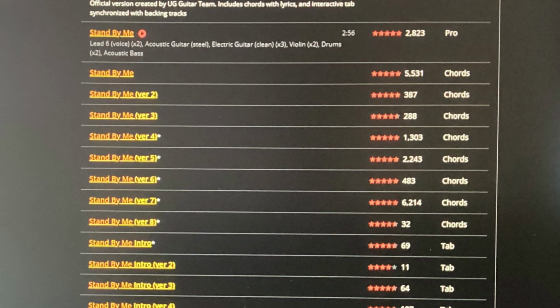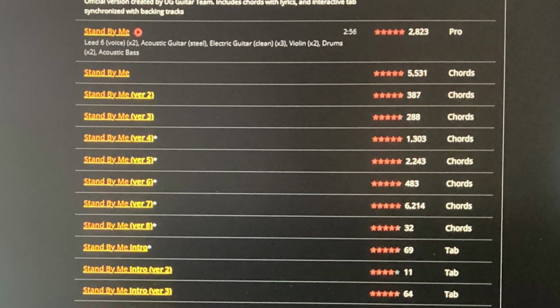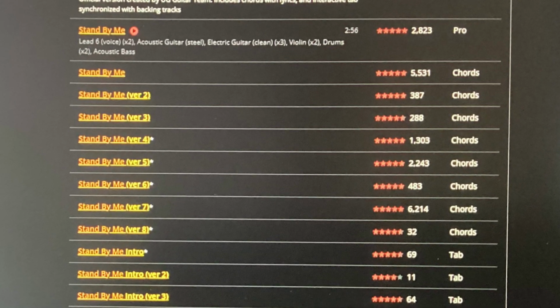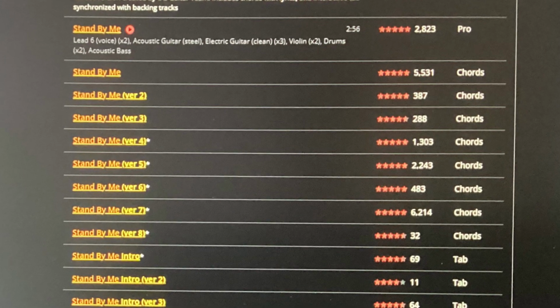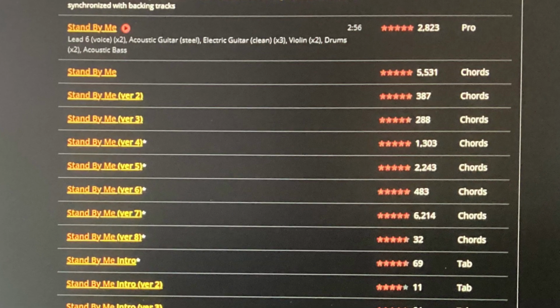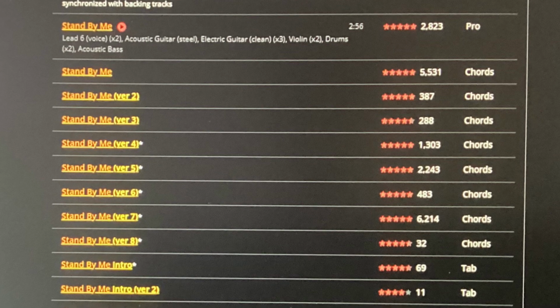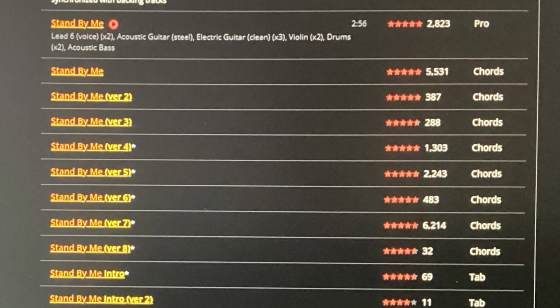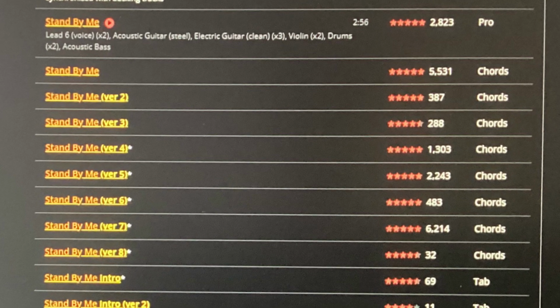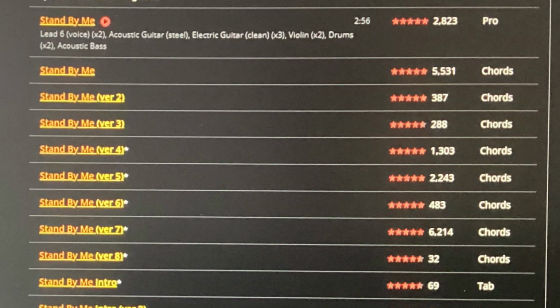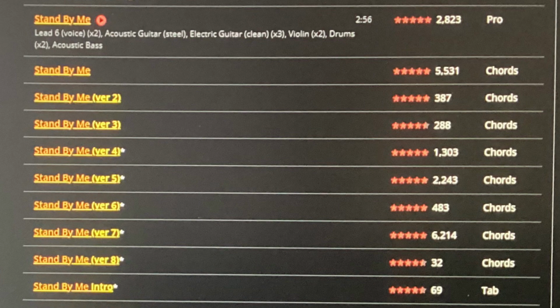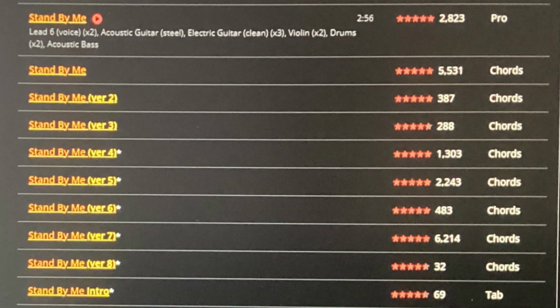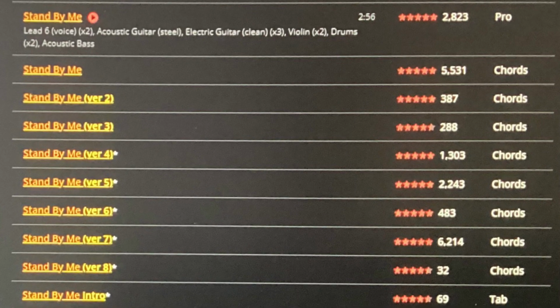But they also have star ratings. These are just rated by users of the site, and they also show you how many people have used that version of the song. So in this case, we'll just take the very first version. We can see it's got a 5-star rating and 5,500 people have used the chords that this person has suggested. So we'll just take that,